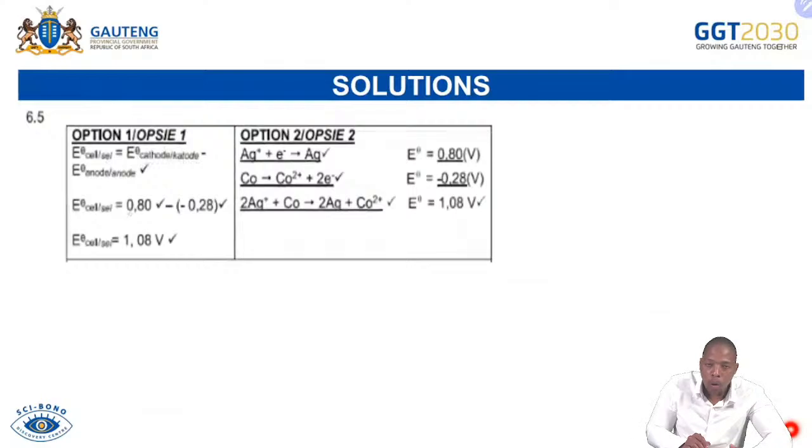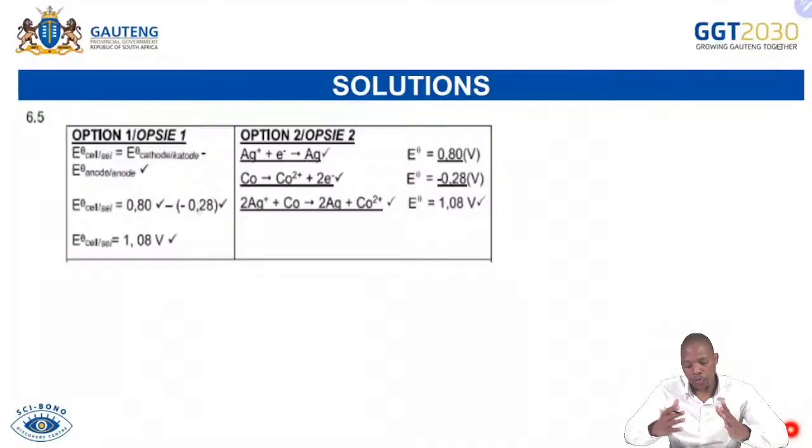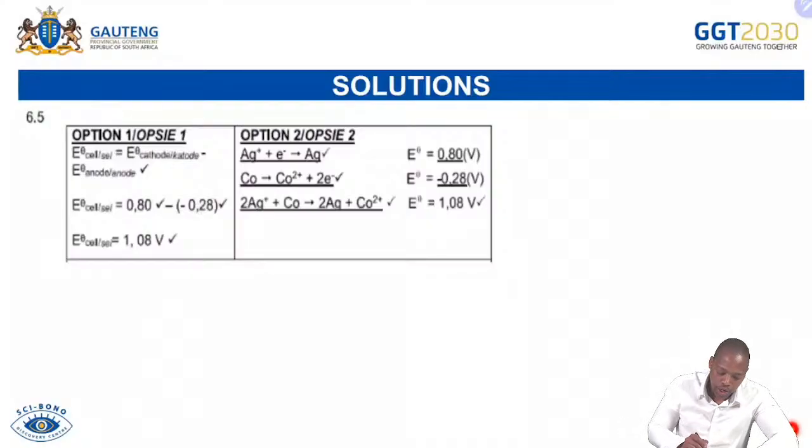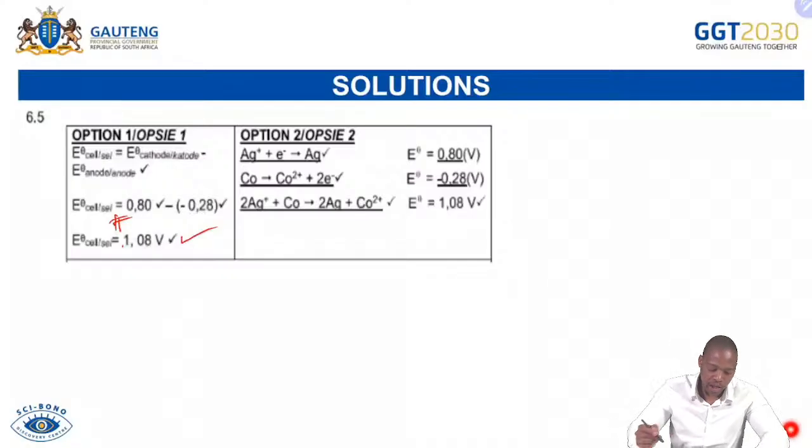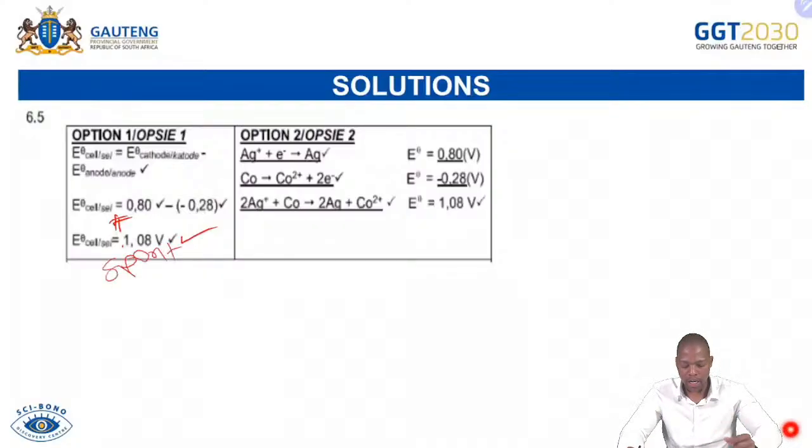So for the cobalt, 0.80 minus, for the silver, it is a negative 0.28 there. If you put that into your calculator, it should give you 1.08, and the answer is positive, because the answer must be positive when you are calculating the E naught cell or the EMF of a galvanic cell. It tells you that the reaction is a spontaneous reaction, one that does not require